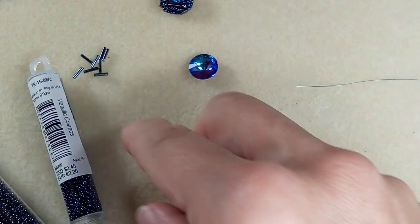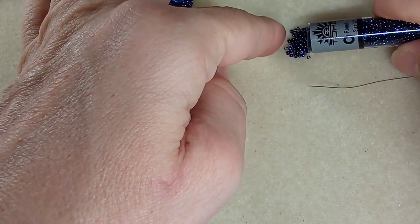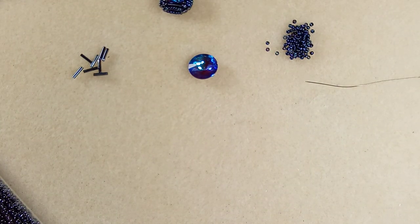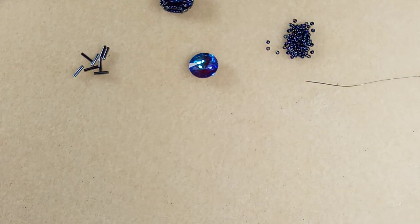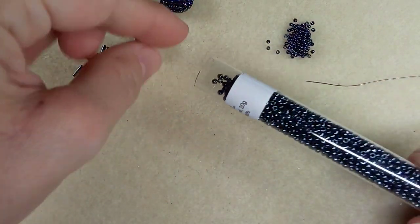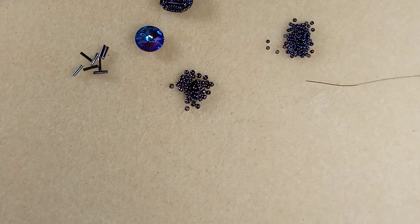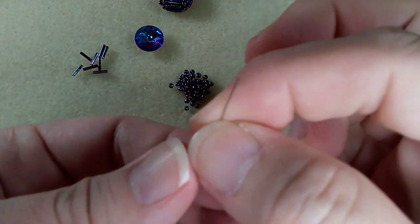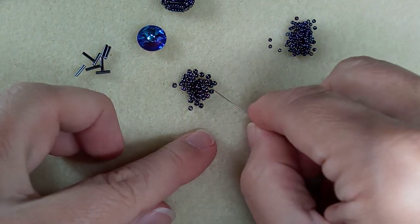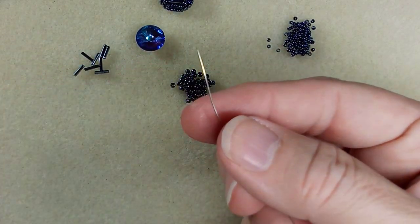So let's go ahead and put some of these guys out. That's probably all I need. And we'll focus again. We don't need too many of those. You're going to see once I get started how much fun this is and how simple it is. Oh, trust me. So pick up an 11/0,